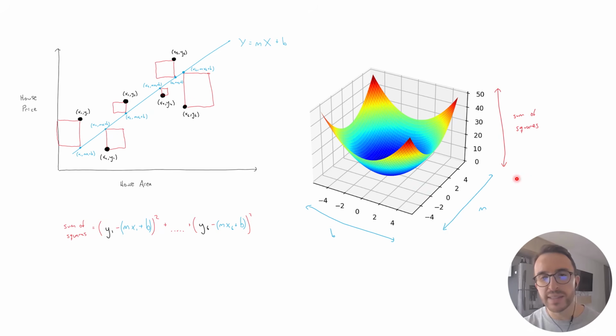This is the b-axis, this is the m-axis, and this vertical axis represents the sum of those square values. The shape that it makes is like a bowl that has a minimum, a bottom where the sum of squares is minimized. And at that bottom, there's a specific b and m value that minimize that, and that's the b and m value that define the line of best fit. We can use calculus that you may remember from school. I'm not going to go into the details, but you can use calculus to find the bottom of that bowl and therefore find the b and m value that give you the line of best fit.